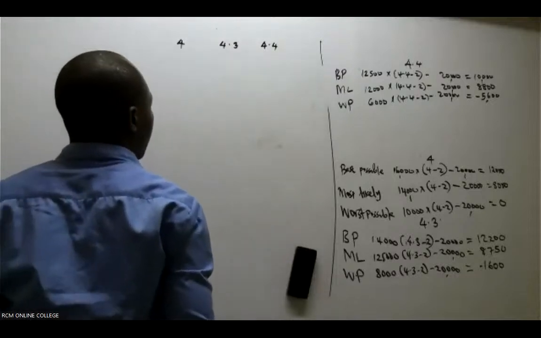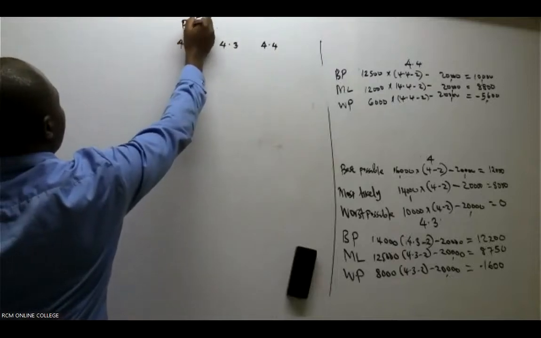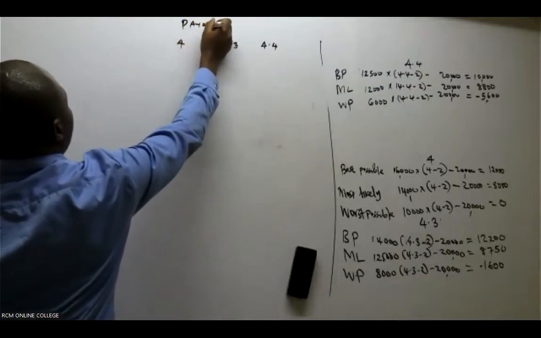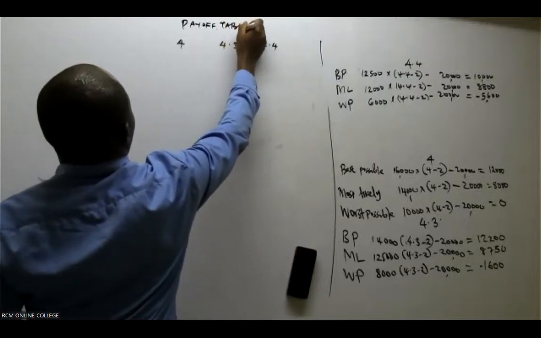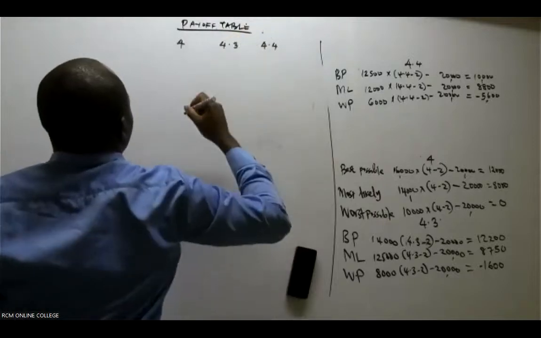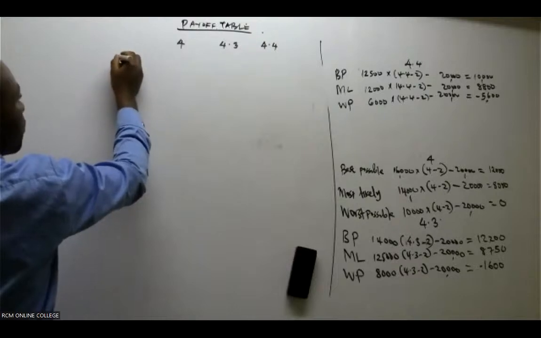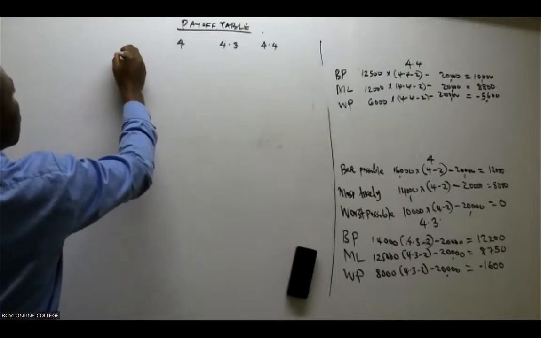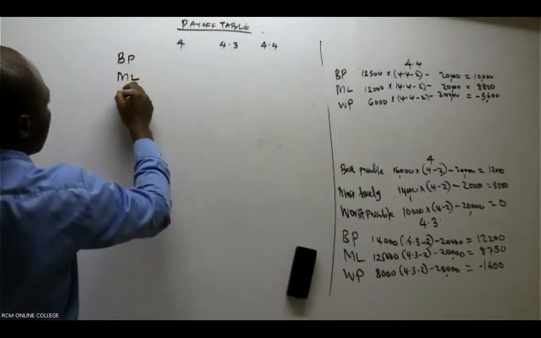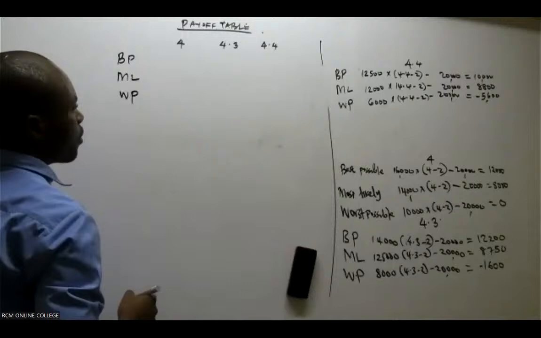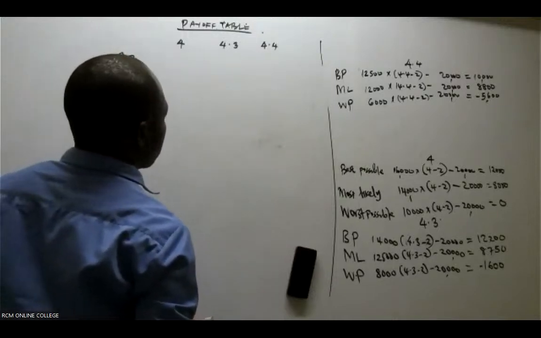what we do is we are basically coming up with what we call the payoff table. So the payoff table here, we need to have the best possible, most likely, and then worst possible. So we have under